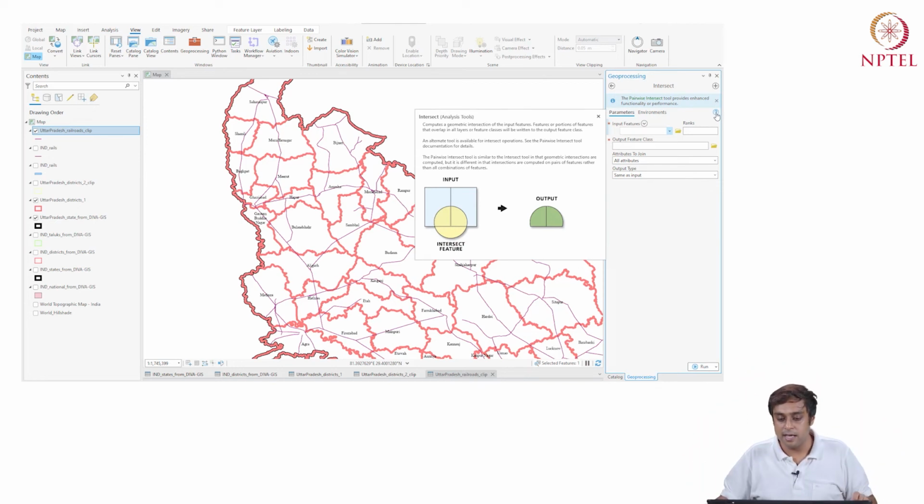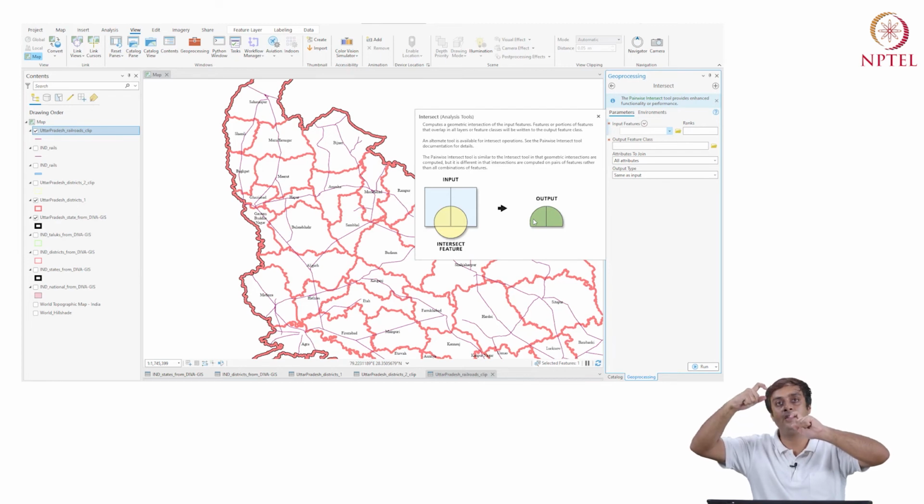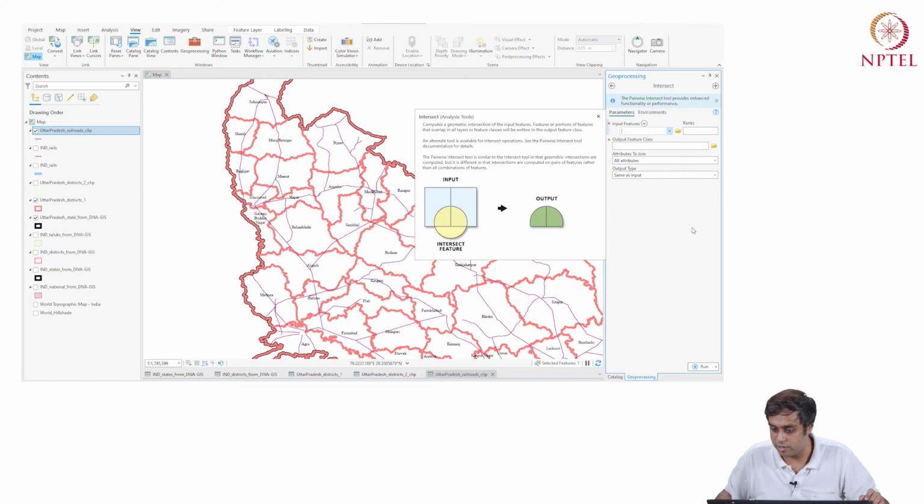So let's say I begin with this input feature and this intersect feature. As an output, it gives me the feature being clipped as one. So what it'll do is it'll now create polygons by the ID of the rail line and the district. Okay, so let's try and see what we get.